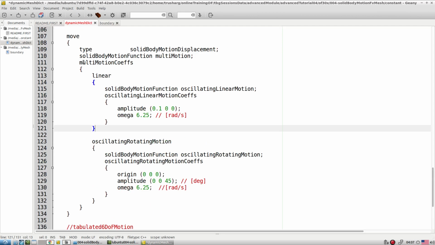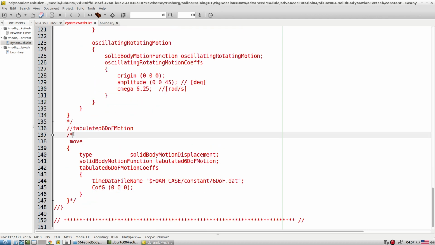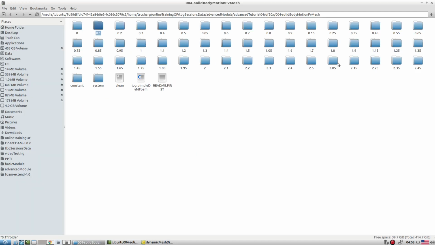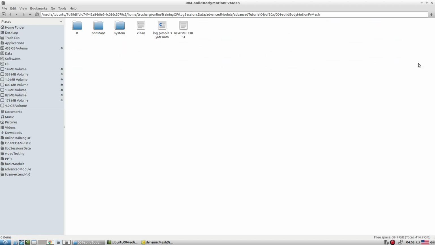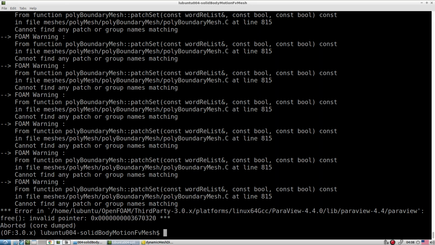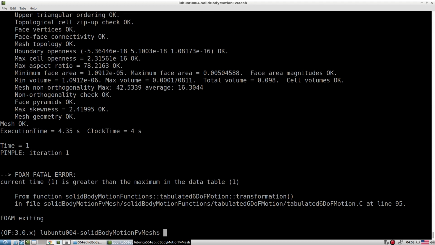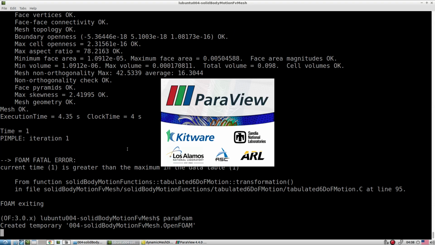Okay, then let's say you have some tabulated data also. You can finish things along similar lines. You can specify this based on the table. Okay, so you have a table, and based on the table one can define the entire mesh motion. Okay, so let me do it again, in a tabulated way. So we have till 1, so it is going to work till 1 in the table. Okay, just check the mesh motions.